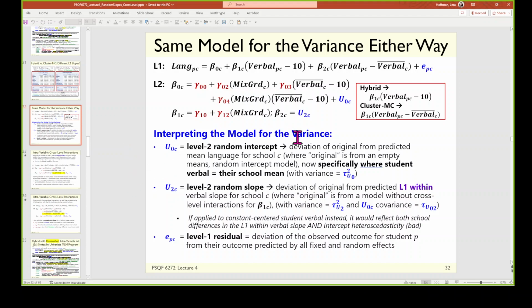To me, it does not make sense to go back to the empty means random intercept model as your point of comparison. Because that is a 2-pile variance model. This is a 3-pile model. I don't think they're comparable. What residual meant before is not the same thing because part of what was in residual was this random slope variance. So to me, when you add a random slope, that forms a new baseline that you don't cross back